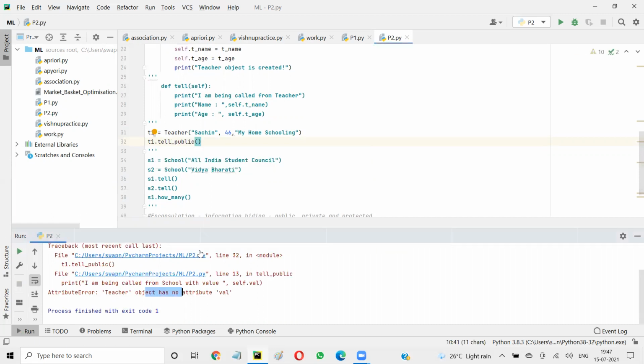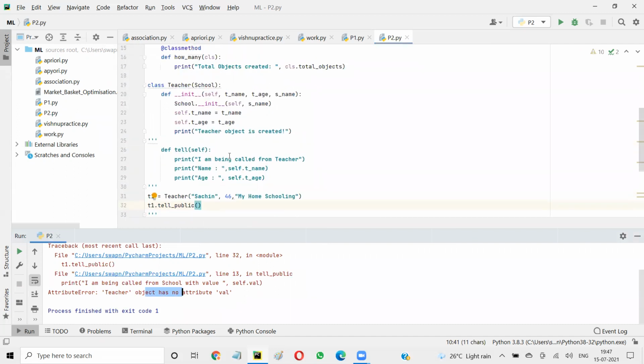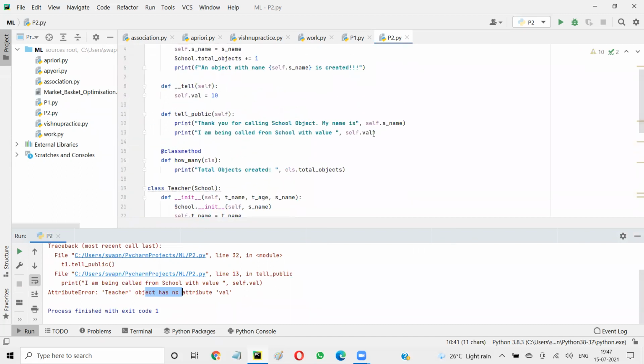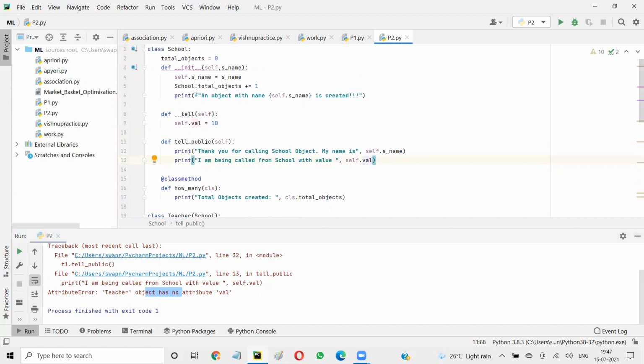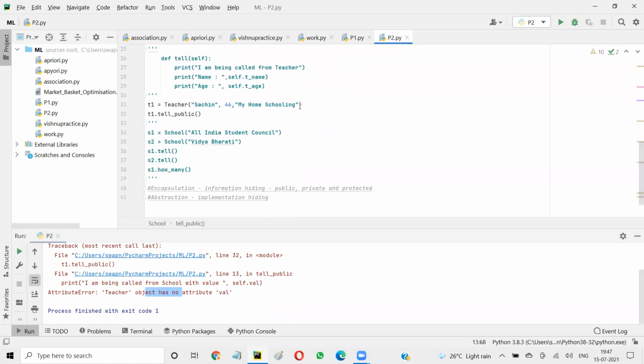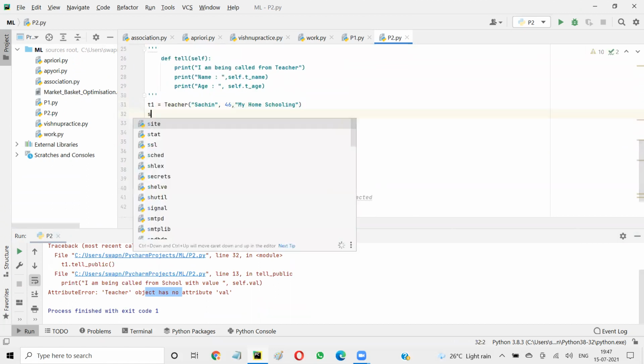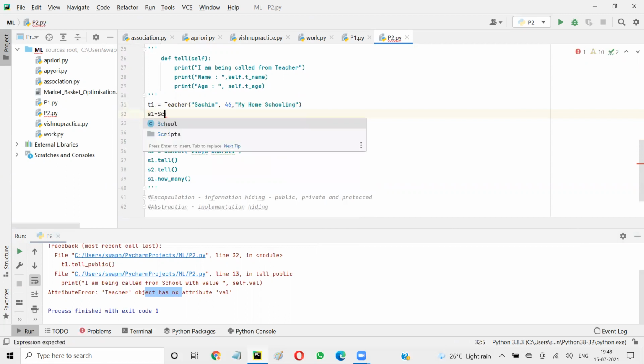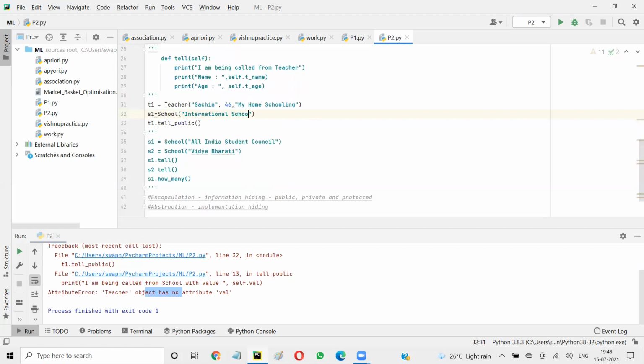the teacher has no attribute val. Why it happened was that val, if you see here, is a public variable of the teacher's school, not of the teacher. So I'll create a school class, called international school, I'll call it. And when you run it,